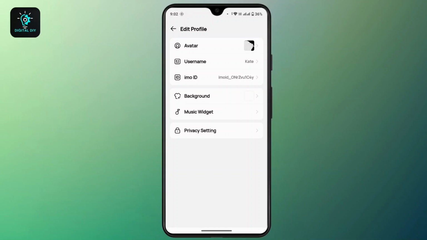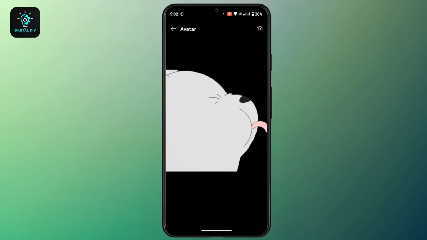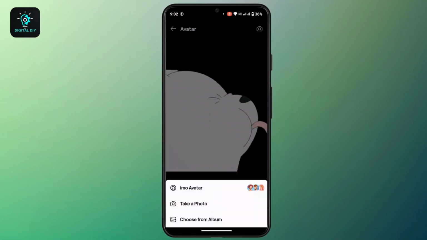Then you land on edit profile page. Here, tap on the first option that says avatar and then tap on it. You will see your profile picture right here. Now, in order to change it, tap on the camera icon at the top right corner,